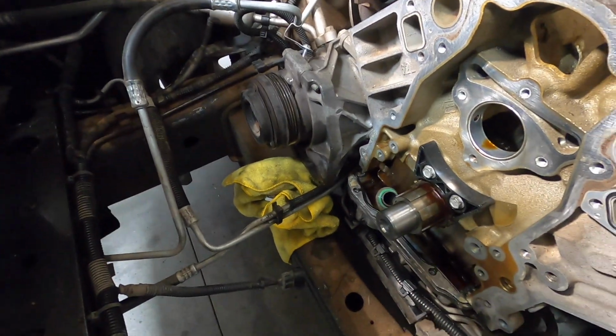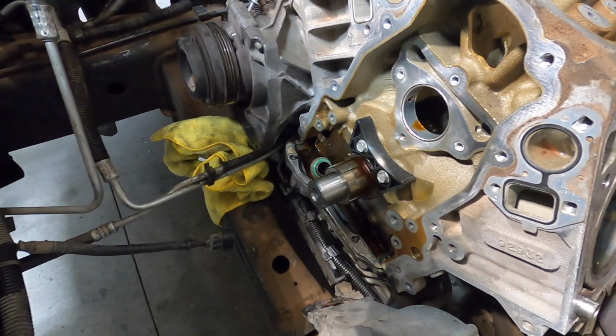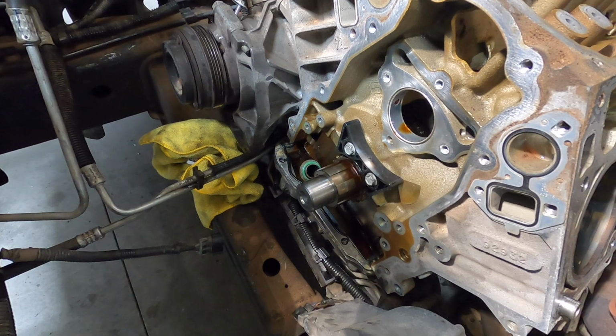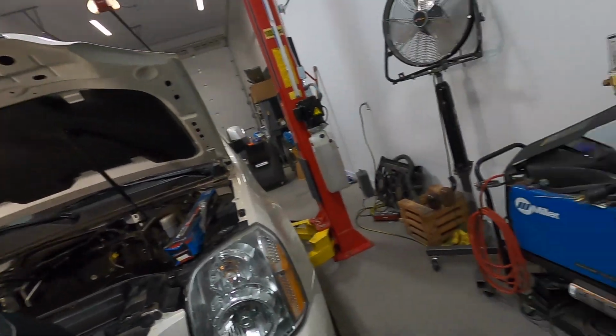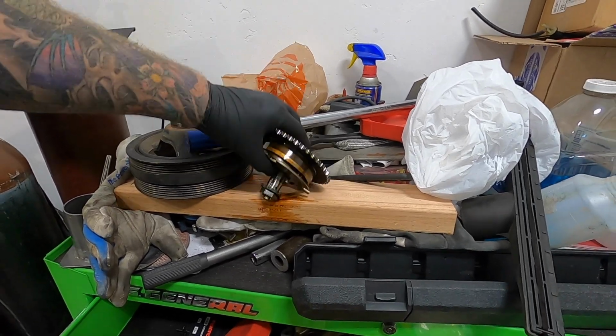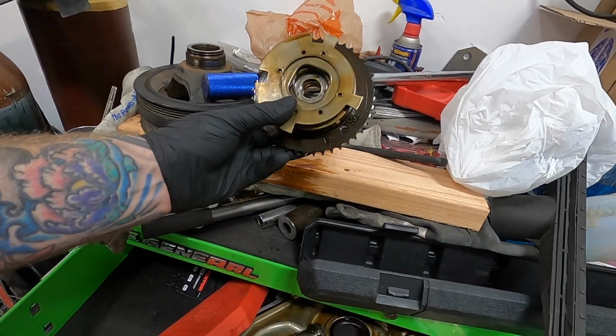Anyways, everything on the engine looks fantastic. The thing turns over perfectly fine. In the last video, I did have the new oil pump on, but I forgot to put the chain on. So I'm going to pull that tensioner off so I can actually see the dots. And then we'll get the chain on. Well, we'll get the cam in, we'll get the cam gear on. We are leaving VVT on this. So all I got to do, I got a new bolt for that. So we just got to put this on, get everything lined up,